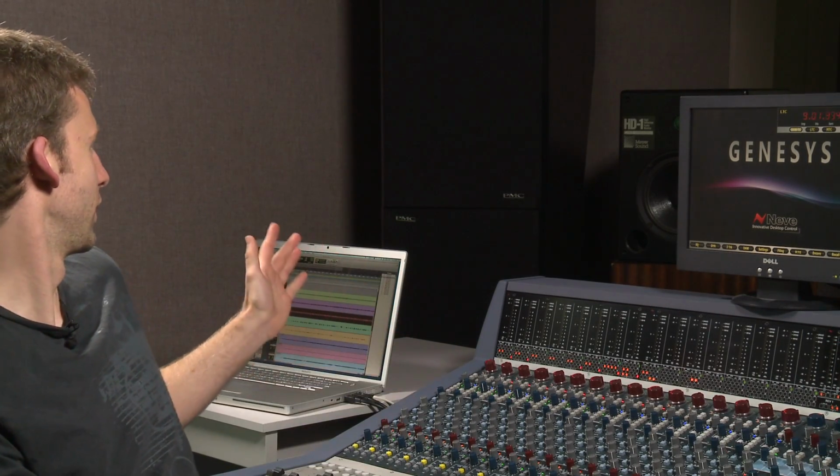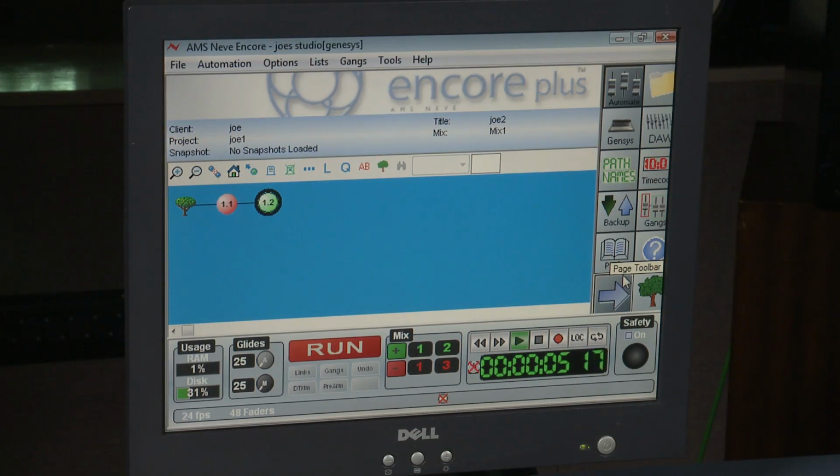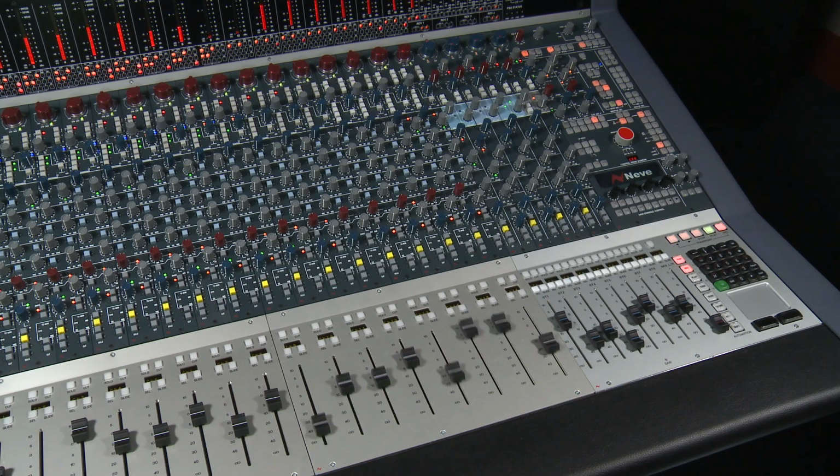When it comes to mixing, I have two options. I can use it as a DAW control surface and control the faders, pans, aux sends in Pro Tools with the faders on the console. Or I can use it as an analog console with automation. I've got the Encore automation system, so I can record the mix pass on the console and play it back that way. When it comes to mixing the drums, sometimes I like to use the console,